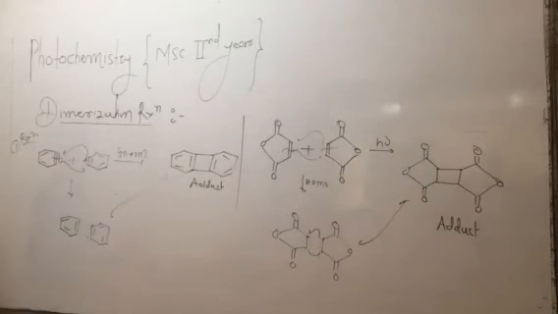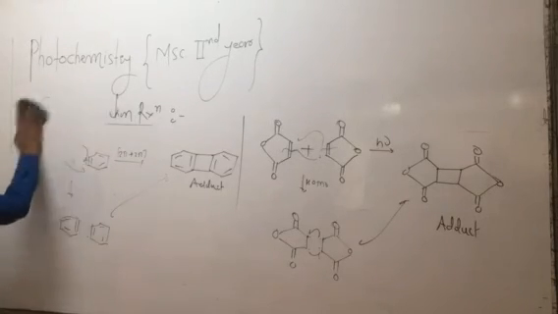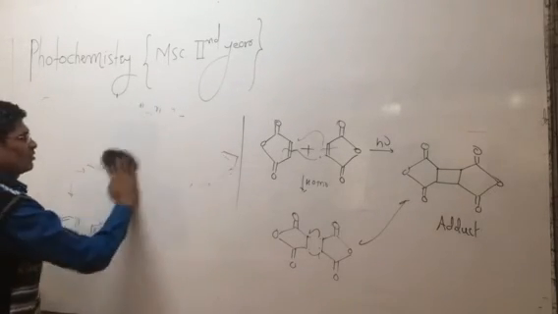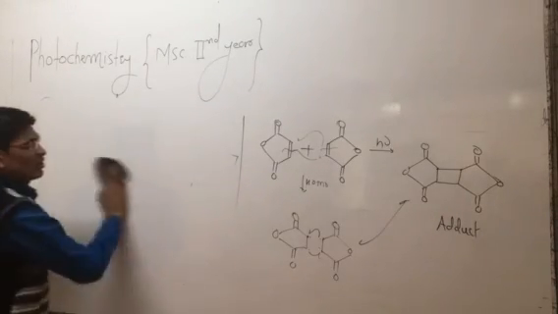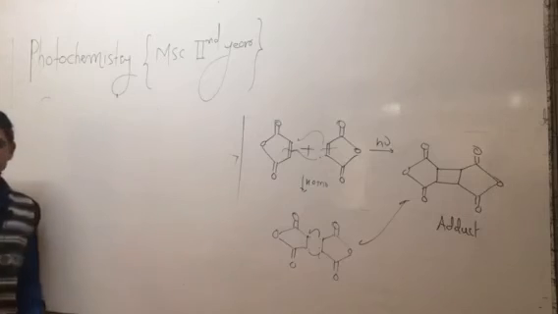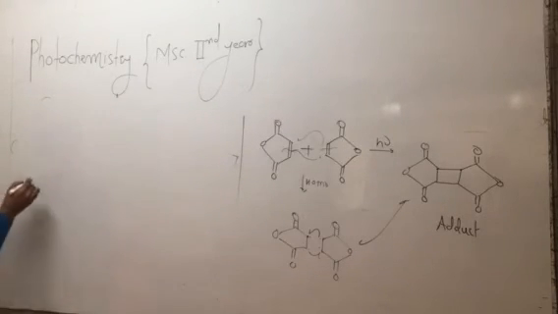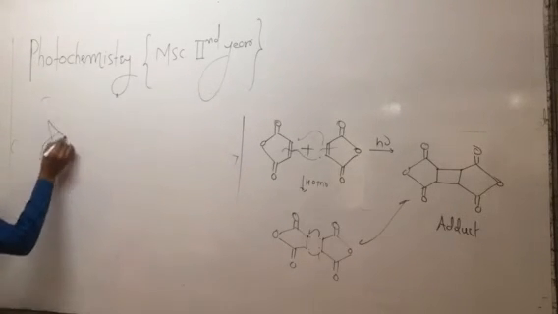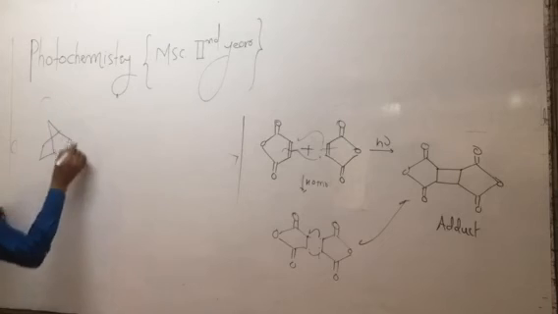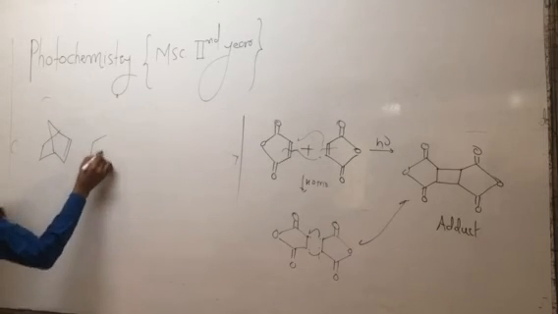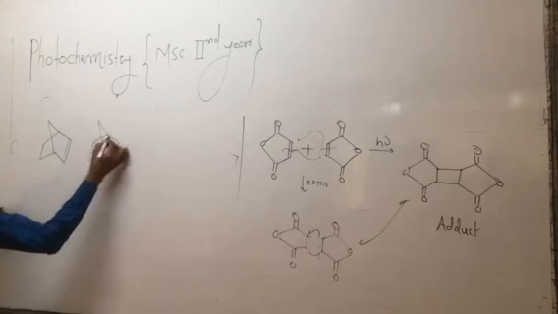Maleic anhydride molecules are condensed or dimerized to each other under photo irradiation conditions. Such a reaction is called a photodimerization reaction. If I have another type of reactant species here, and this type of compound is dimerized to each other, the dimerization takes place.